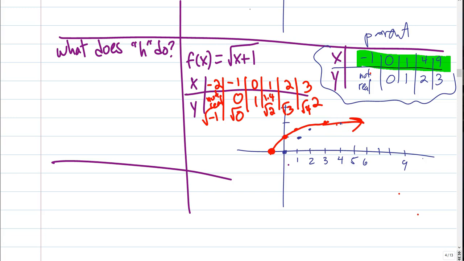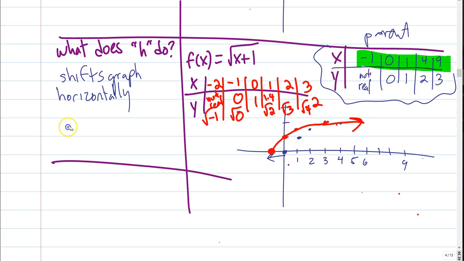All of these points got shifted to the left one. H shifts the graph horizontally, left and right. If H is positive,